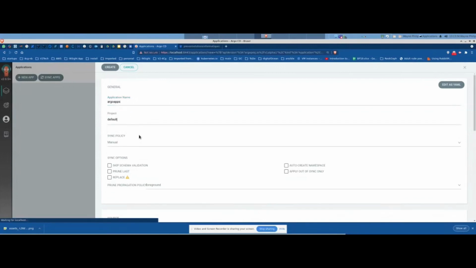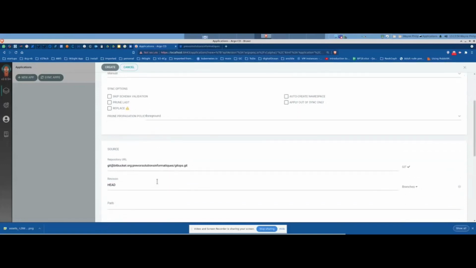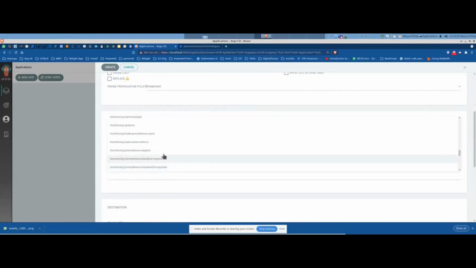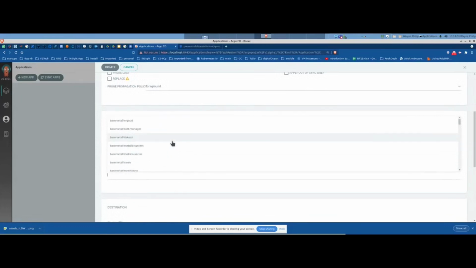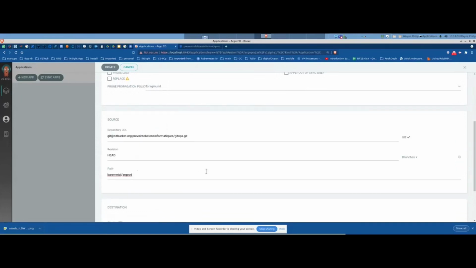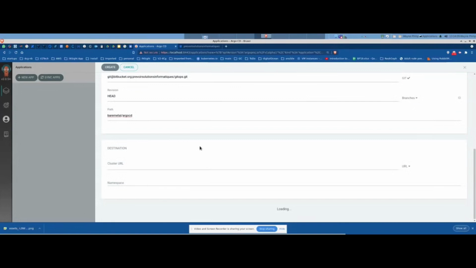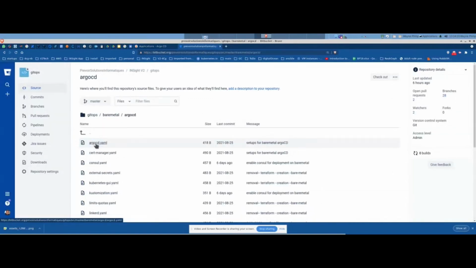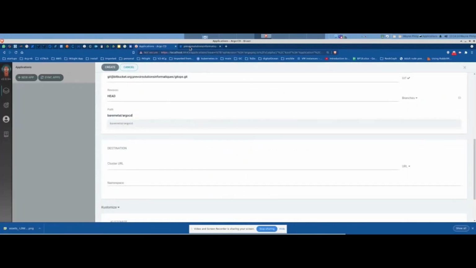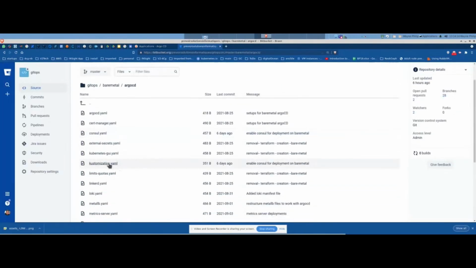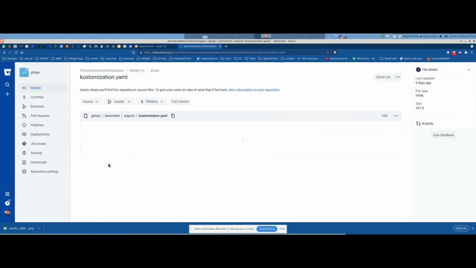The project will be the default project. Sync policy will be manual, with the foreground option, and the path will be bare metal argoCD. In that path, it will automatically find the argoCD YAML, being this one, and it will start deploying according to the definition and what we want deployed, which is in the customization YAML